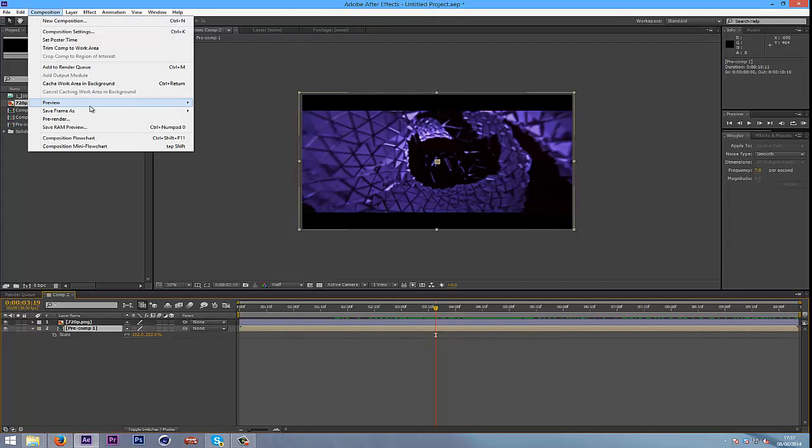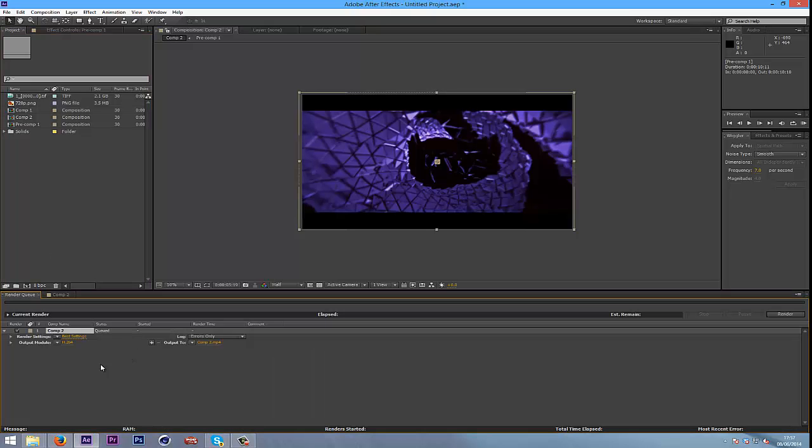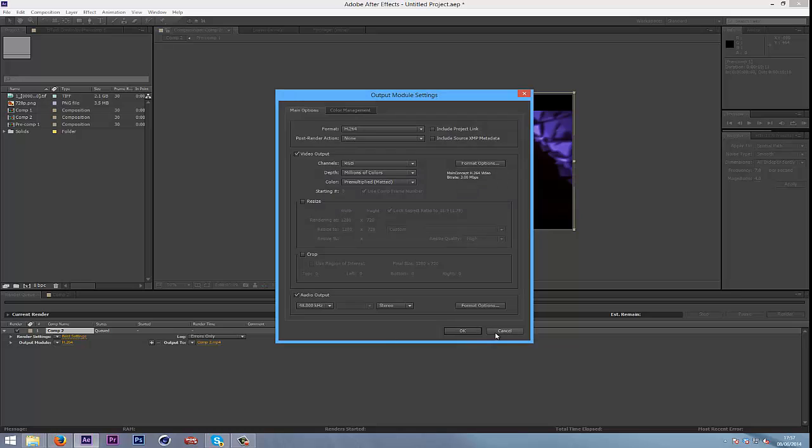Or if you go into composition, I've forgotten how to actually do it. Add to render queue. I've changed my layout so it does Control M, which matches the Premiere layout, which is Control M2. So once you've brought this out, then you can just click on here, and by default mine's on